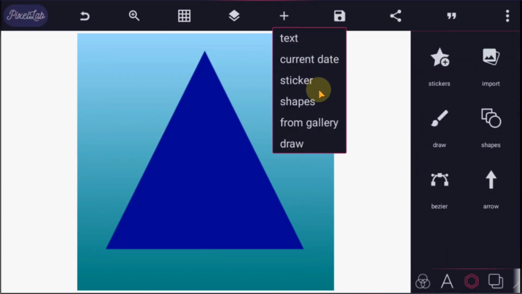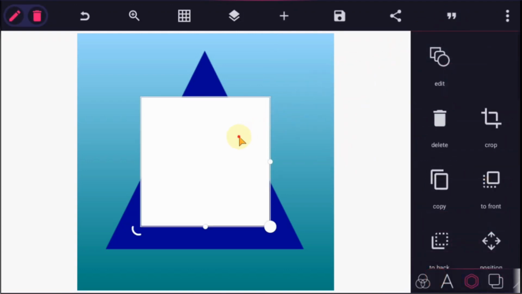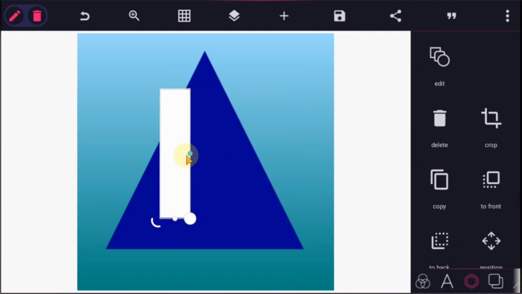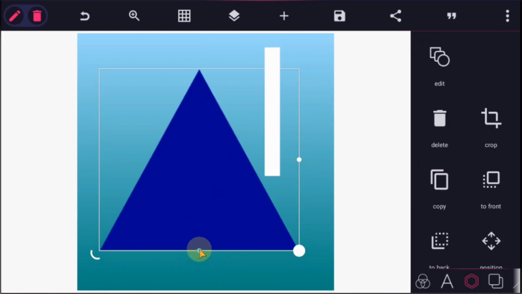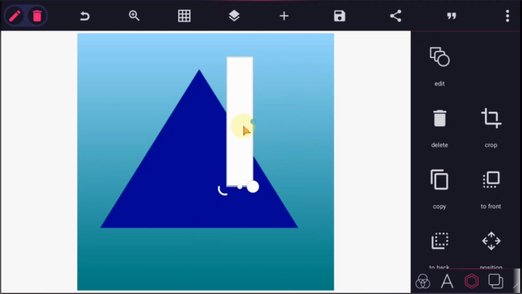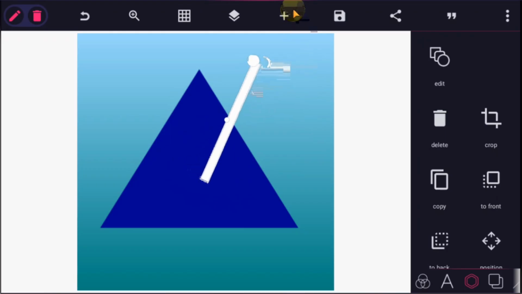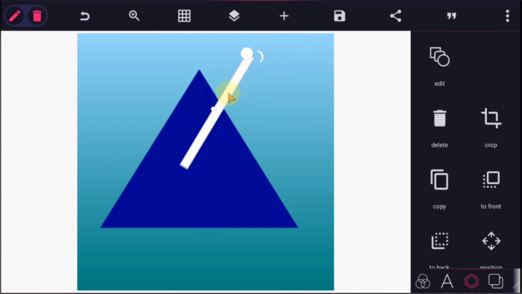So I'll take another shape. Then reduce the width. I'll adjust this a bit. Good. Then reduce the width of this and rotate it. Rotate it in such a way that it will match with the line of this triangle. So I can just place this here,